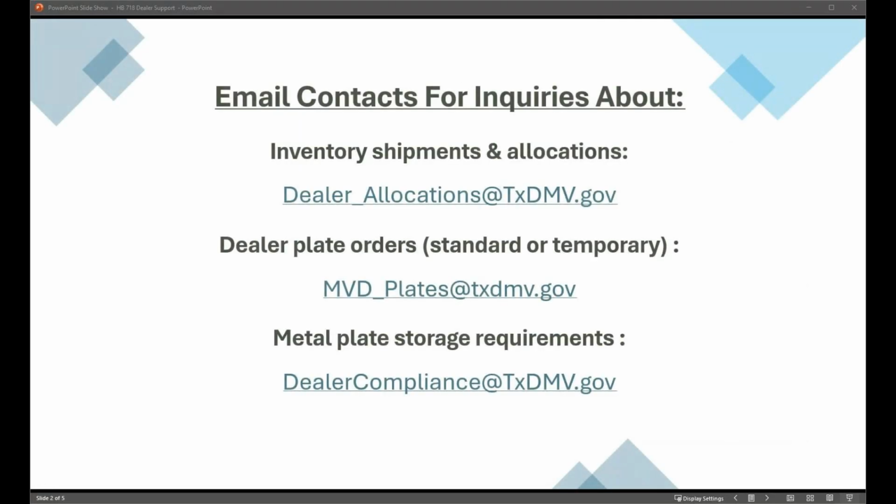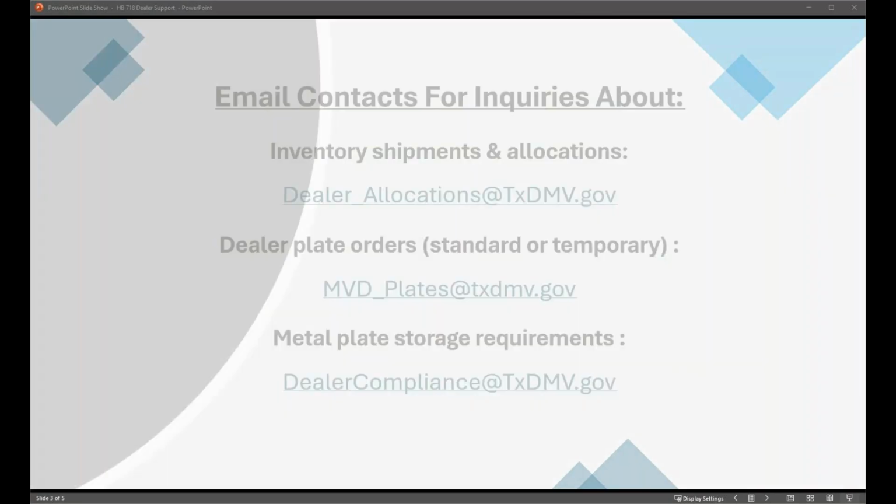But if you have sales from before 7/1 that you're trying to transfer in Web Dealer, you can try to do those manually in the system. There is a known error in the system where those are not able to be transferred at this time. So you can try to do it manually. If that does not work, you can take it into your county tax office for processing.